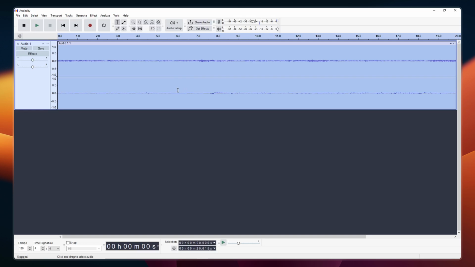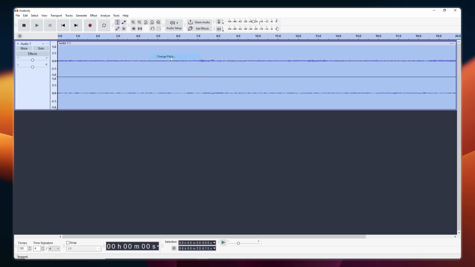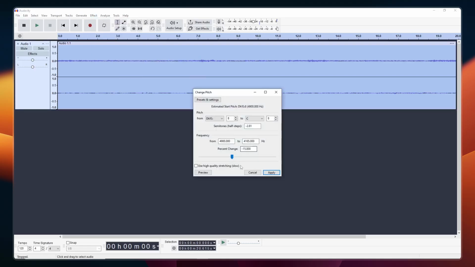Now direct your attention to the top menu bar of the application. You'll want to hover your mouse over the option labeled Effect in the menu. This will reveal a drop-down list with various audio processing options. From this list, navigate to the section called Pitch and Tempo, then click on Change Pitch. This is the tool that allows you to adjust how high or low your audio sounds without affecting its speed